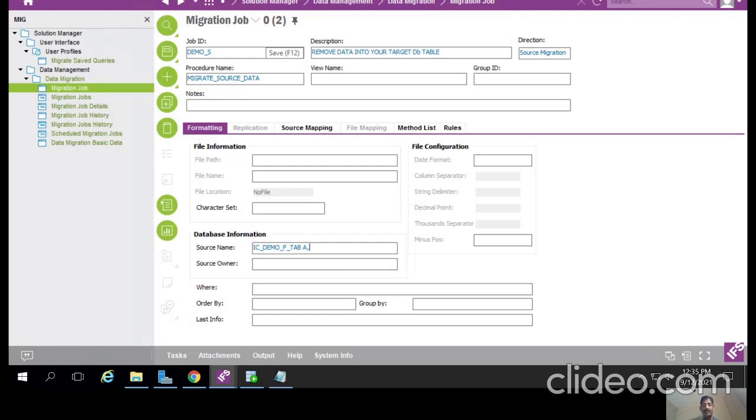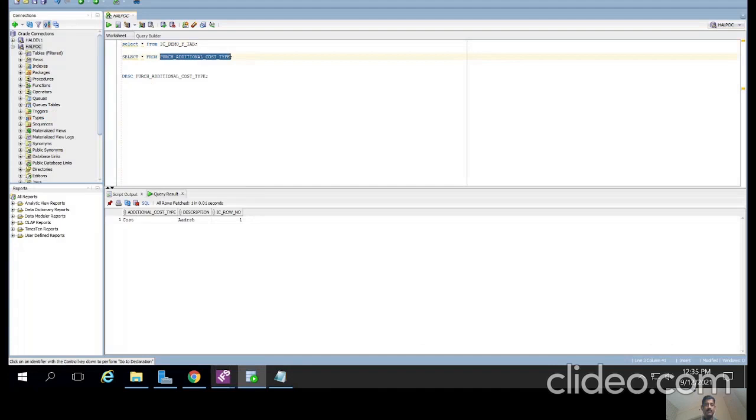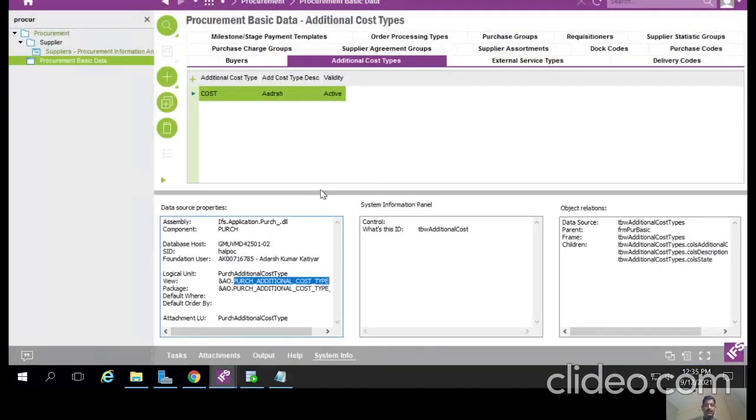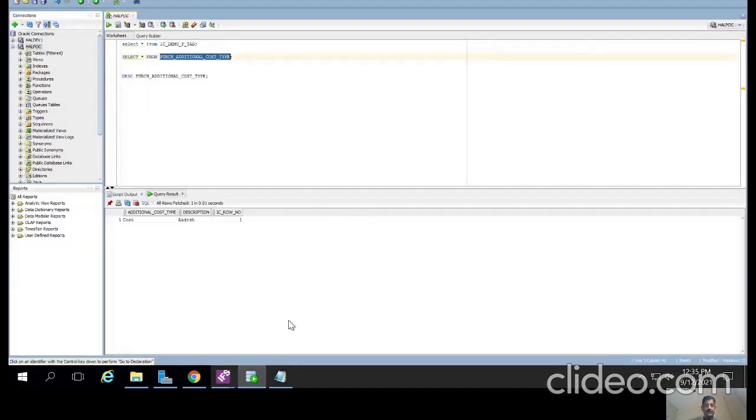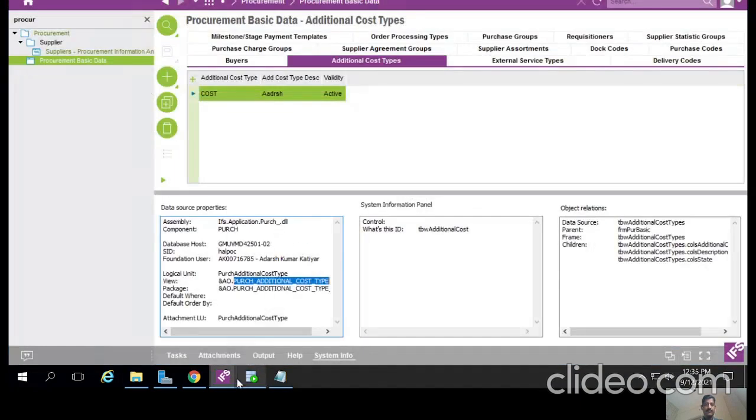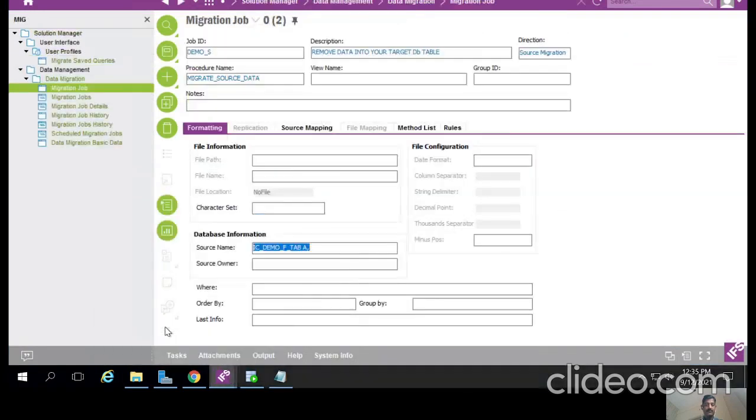Then this is more important, the target table, the target view name. What is your target view? The target view name will be this one. This will be the target alias name. Okay, why am I taking the target view name, and why are we taking the time table?